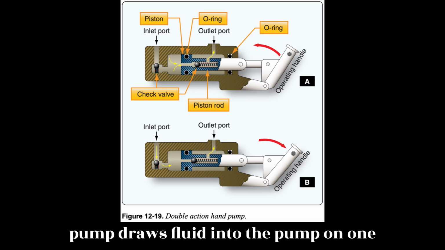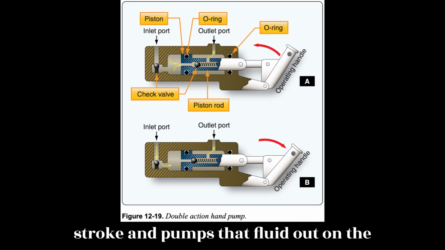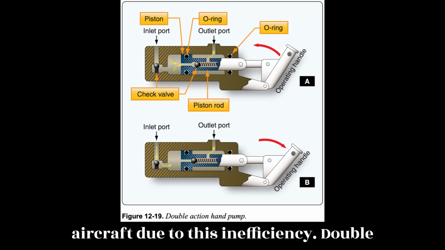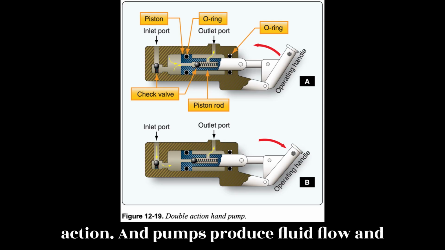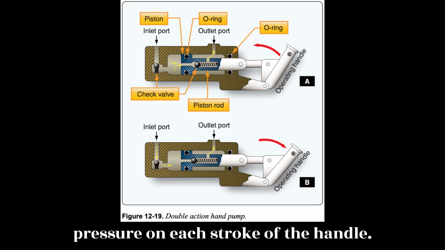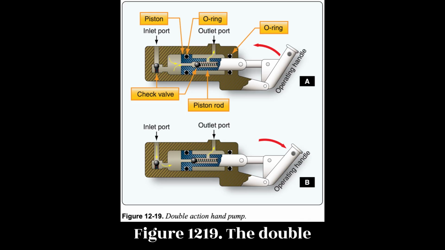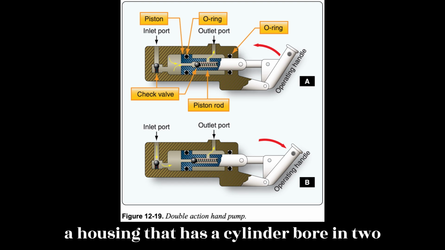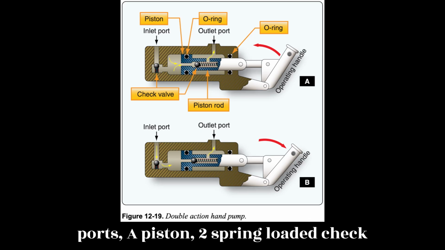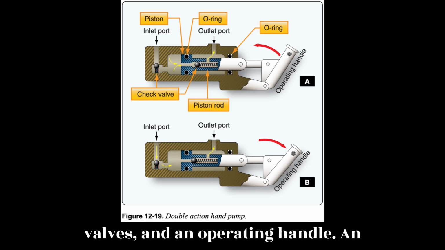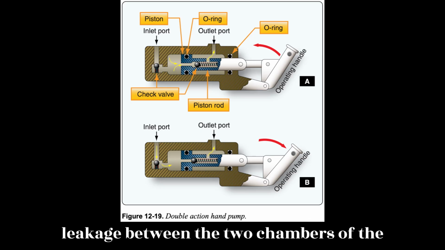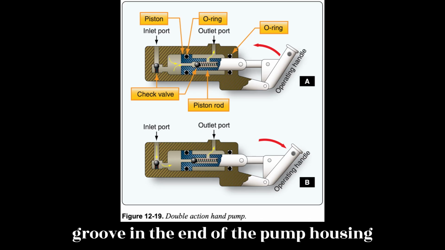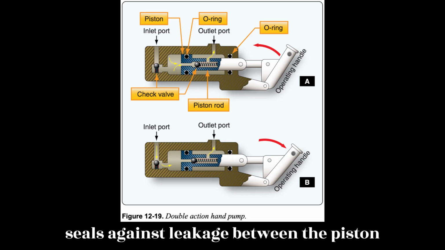A single action hand pump draws fluid into the pump on one stroke and pumps that fluid out on the next stroke. It is rarely used in aircraft due to this inefficiency. Double action hand pumps produce fluid flow and pressure on each stroke of the handle. Figure 12-19. The double action hand pump consists essentially of a housing that has a cylinder bore and two ports, a piston, two spring-loaded check valves, and an operating handle. An O-ring on the piston seals against leakage between the two chambers of the piston cylinder bore. An O-ring in a groove in the end of the pump housing seals against leakage between the piston rod and